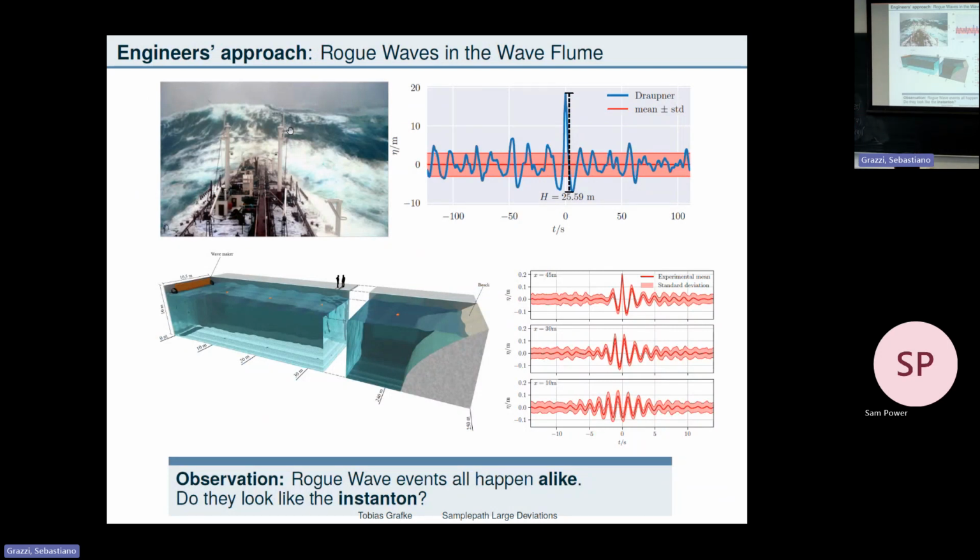I mean, we'd already talked about large amplitude waves before, but the rogue wave problem that was connected to the experiment is very different in nature. So you recall I have these rogue waves, Draupner waves, I have this experiment, and I observe that all of these things look alike. So now it's very intuitive for us to ask, do the rogue waves that I observe in the experiment look like the instanton? I can compute an instanton, do they all look like that?